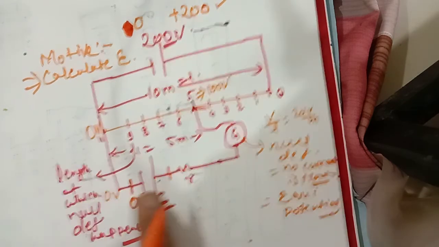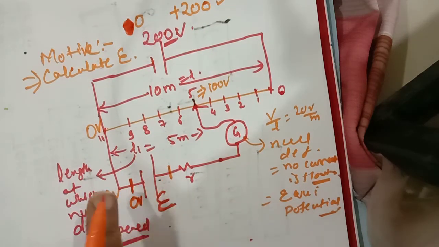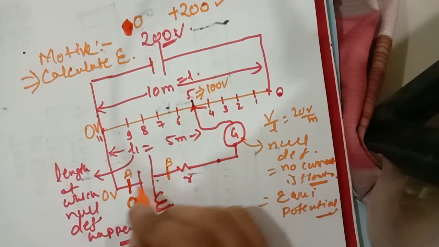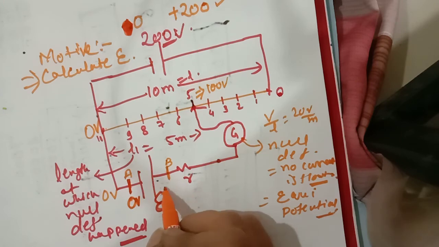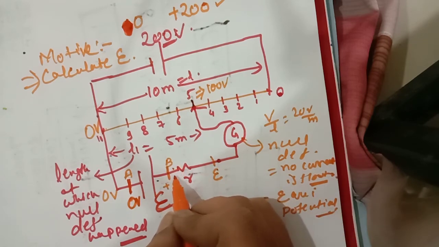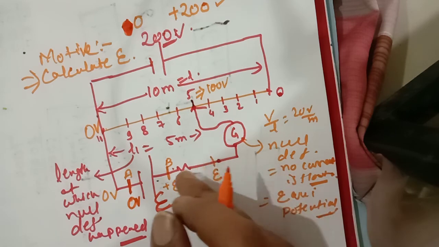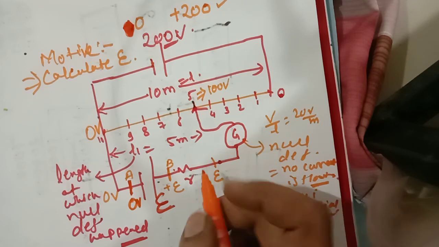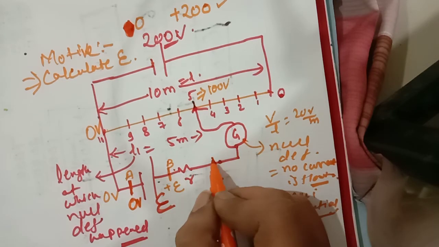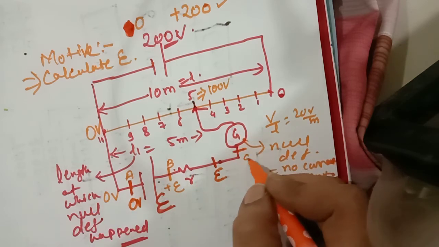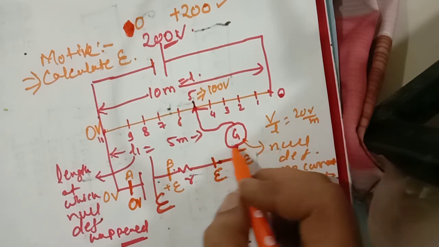Okay, now while going from this point to this point, suppose it's point A to point B, we have an increase in voltage of E volts. So the voltage is E volts. As no current is flowing, it's also E volts, because if I would be there, then only E minus IR will be there. There is no current, as the galvanometer is clearly showing null deflection, right? So by crossing it is also E, no potential change, since it is connecting wires, no change.